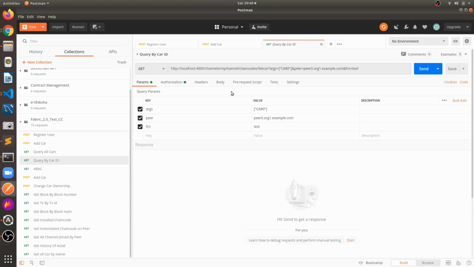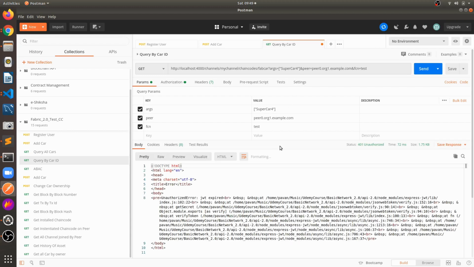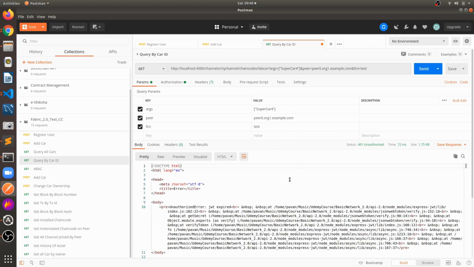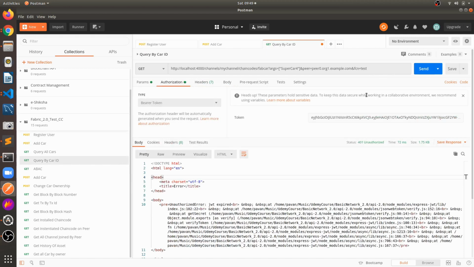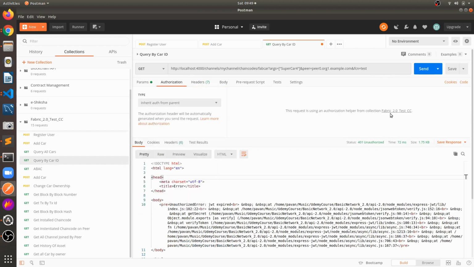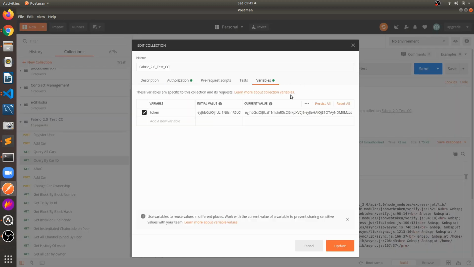Query car by ID. In this case first we will fetch that asset. Oh, actually I explicitly mentioned here, so you can probably inherit from the parent.